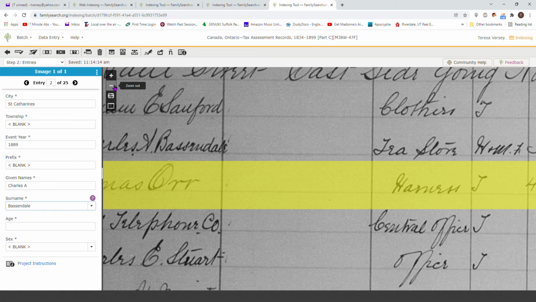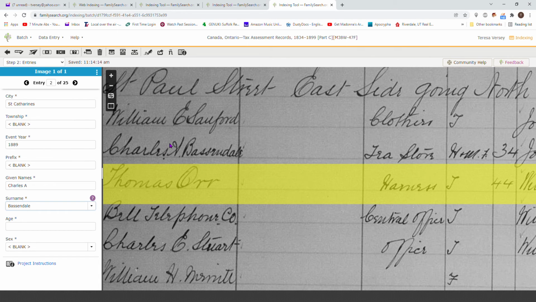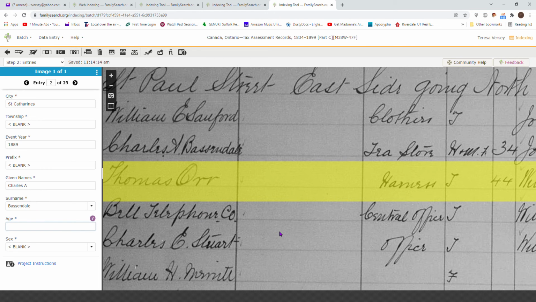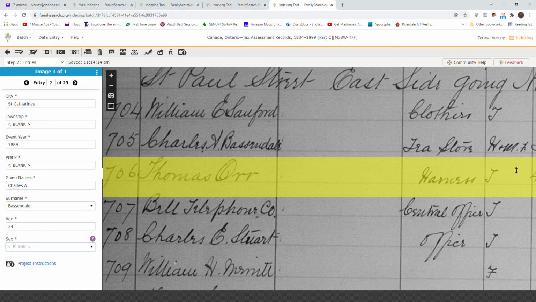Look at his writing and compare it to other things, because like you know this is Charles, so here's an E. That's how he's doing his E's. Okay, so that would be an E2, and so would that one. Okay, so then age, he doesn't have his age either. It would be, oh yes he does, he's 34. Totally lied. Okay, but it doesn't tell you male or female. Okay, this is not male or female.